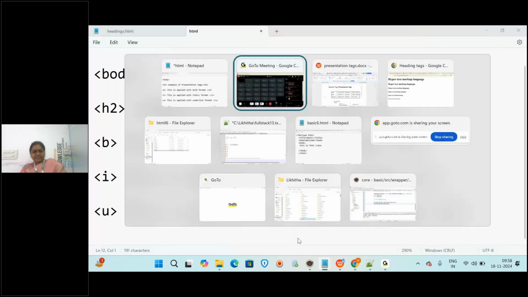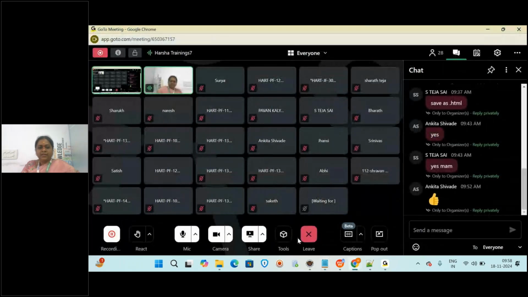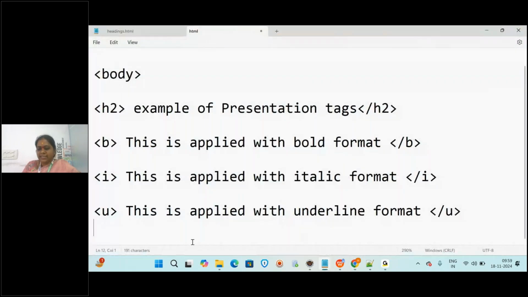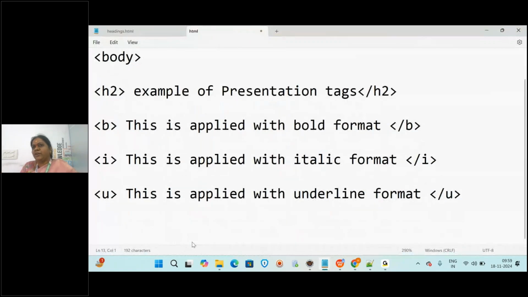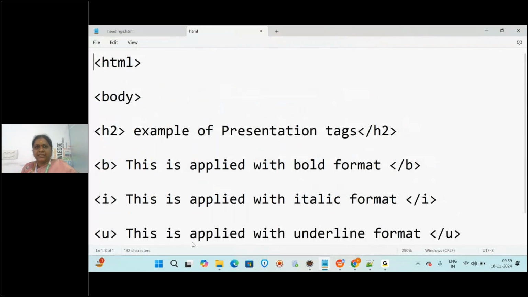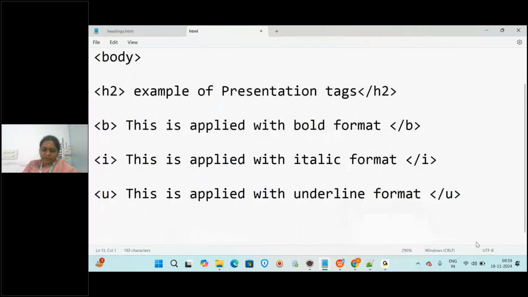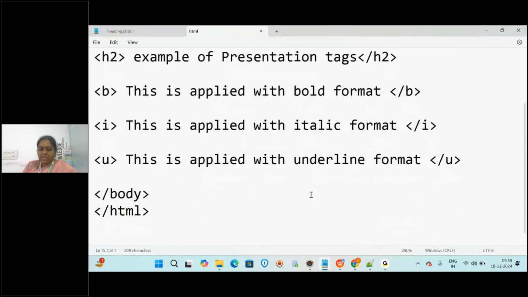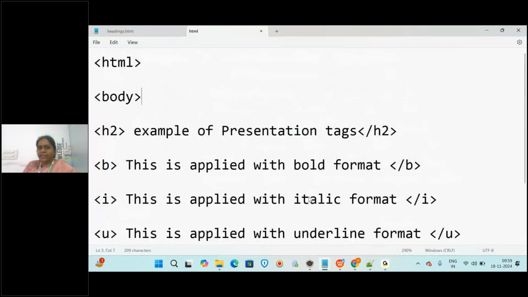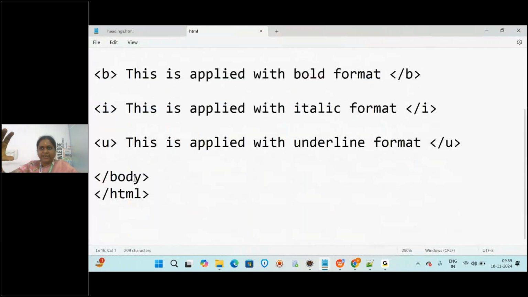Okay. So now here we wrote which tag? U tag. Still, what we have to write here? I completed three tags. To complete this page, what I have to write still? Close the body and close the HTML. Perfect. So here to complete this page, I am writing slash body and then slash what? HTML. Okay, we have to follow the order. First we opened HTML, then body. So while closing, first we have to close the body tag and then what? HTML.